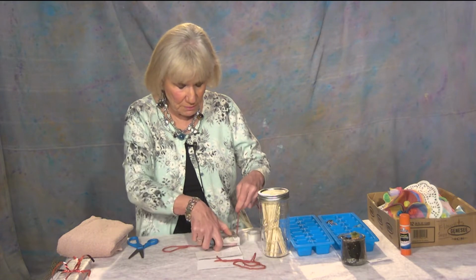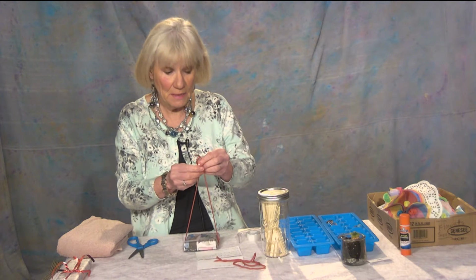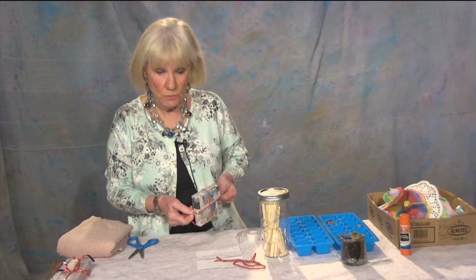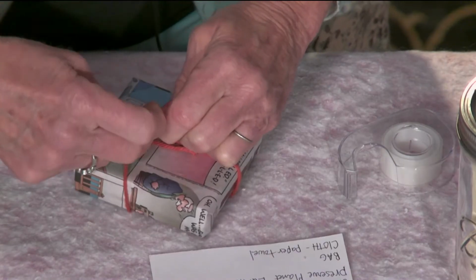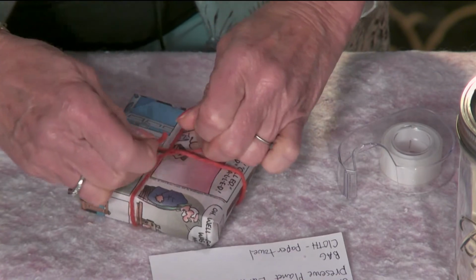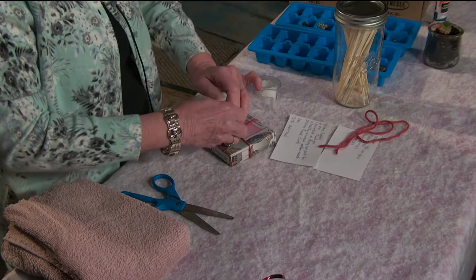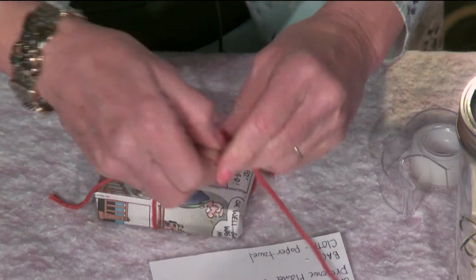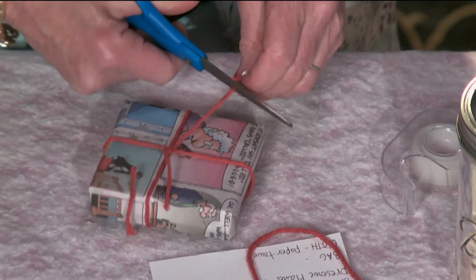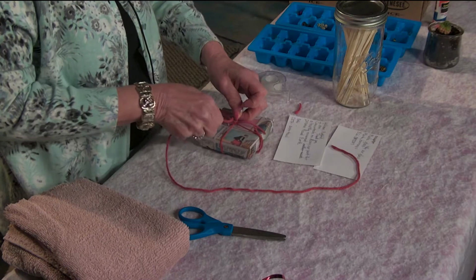But just to give you a little finishing touch on it, yarn is very inexpensive. It is earth-friendly, and it makes a nice contribution to the package. It sets it off, of course. So I'm going to put a little bit of yarn to set off what it's going to look like, just so that it's not bare. But you can do a lot of things besides ribbon. And what I'm going to do is cut a little bit, so it's just little pokes. And then I'm going to add a couple more so that it fills it up a little bit for my aunt, pretend,